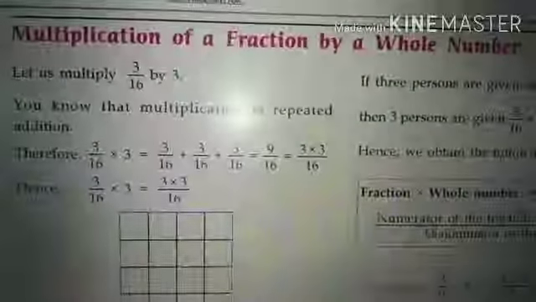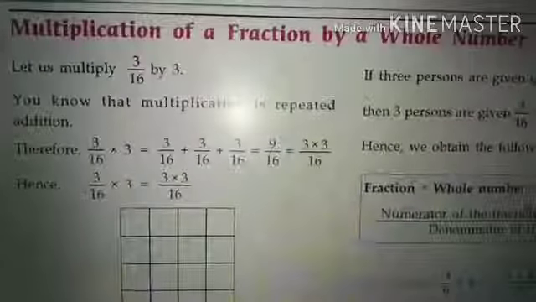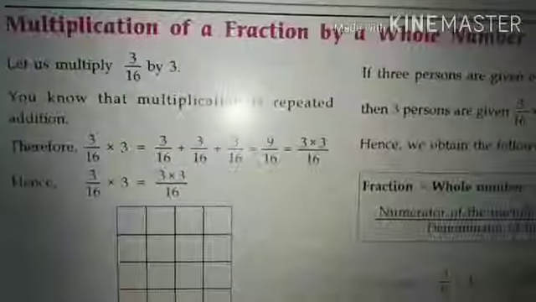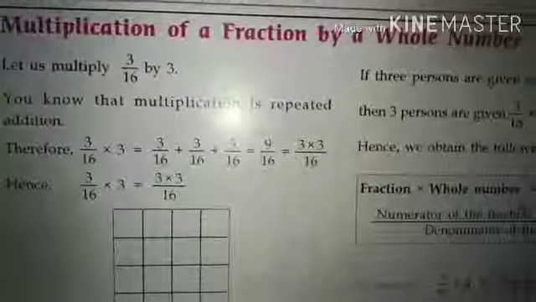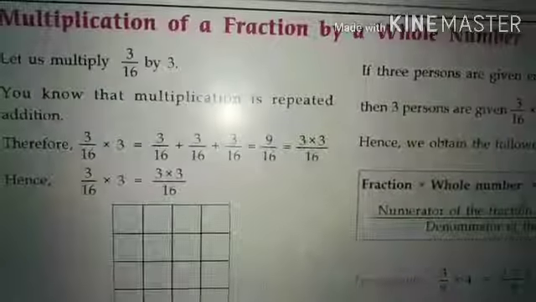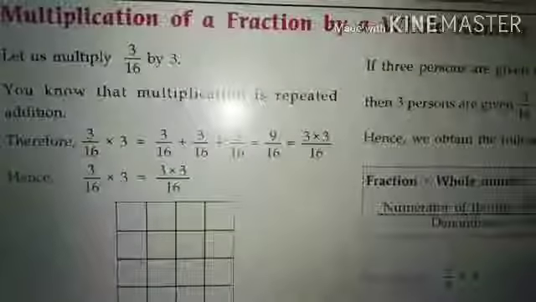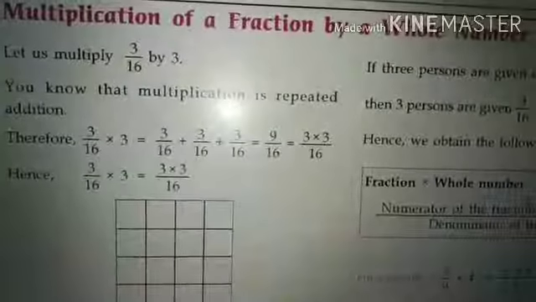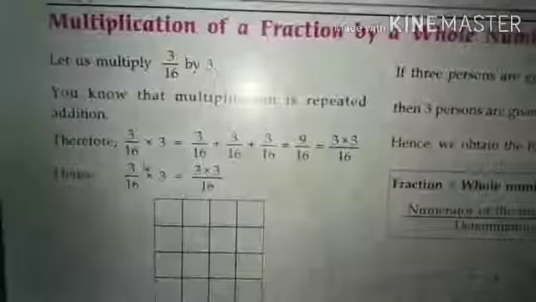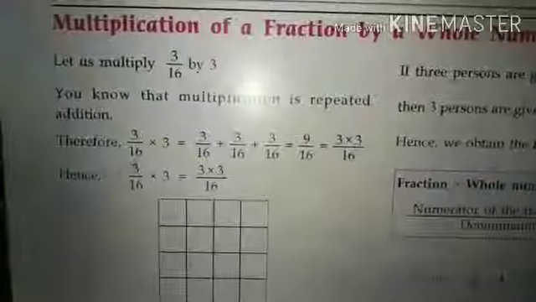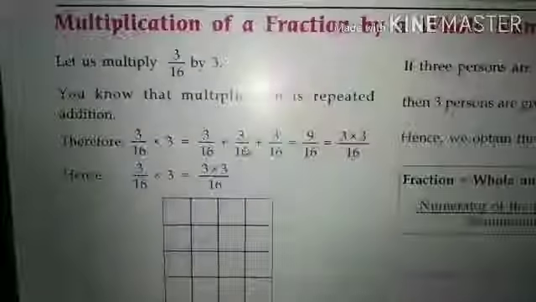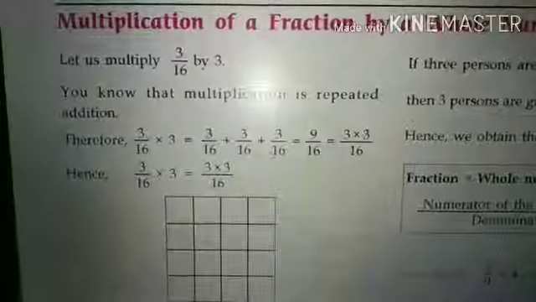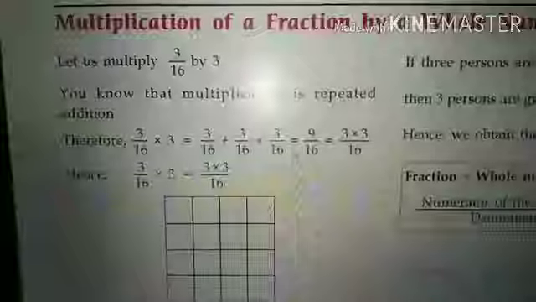So you know that multiplication is repeated addition. You have seen and learned this in previous classes. So let us multiply 3/16 by 3. Therefore 3/16 multiplied by 3 means we add 3/16 plus 3/16 plus 3/16, which is equal to